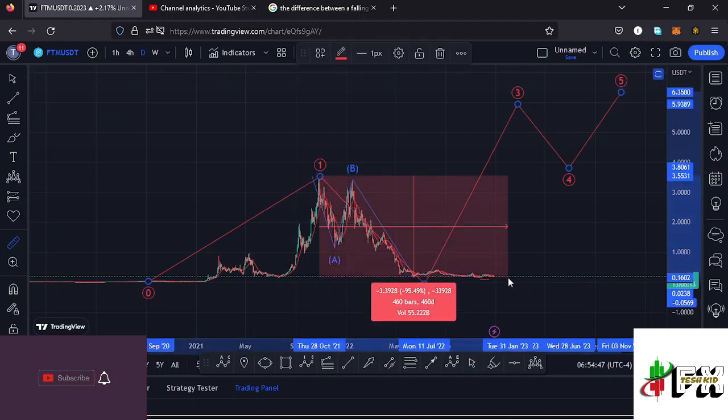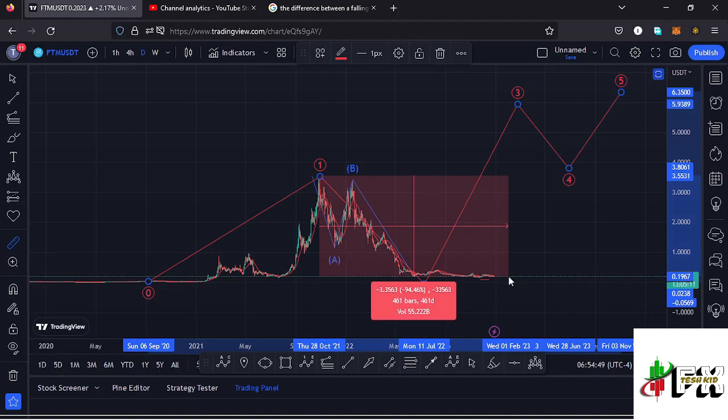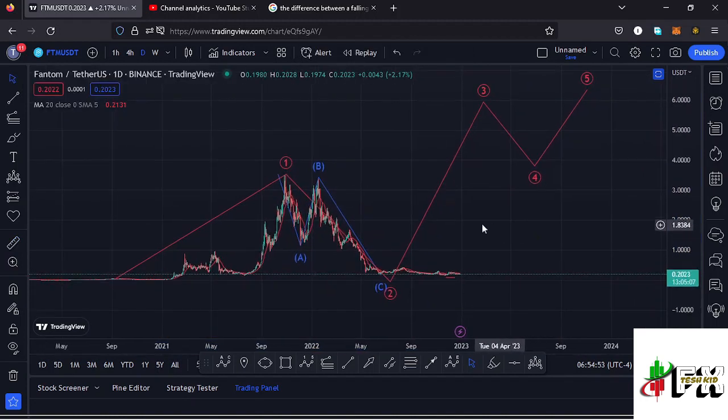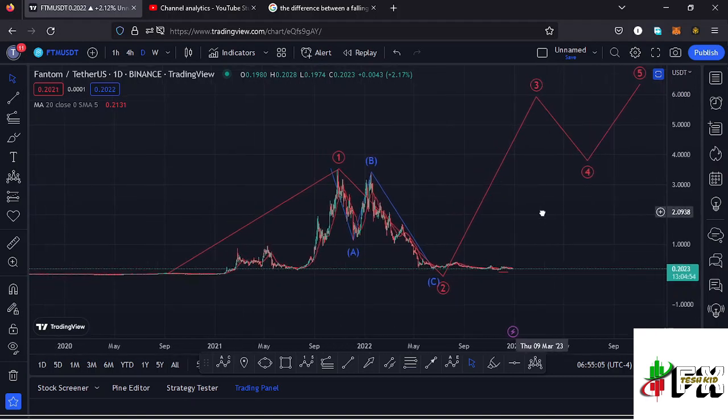From the all-time high, you can see that Fantom is down more than 94%, meaning there are chances that we might have seen the bear market low, and also the low for this higher Elliott wave count 2 to the lower side. And whatever we expect next after seeing the formation of a higher Elliott wave count 2 is an impulsive movement to the upside in the formation of a higher Elliott wave count 3 to the upside,